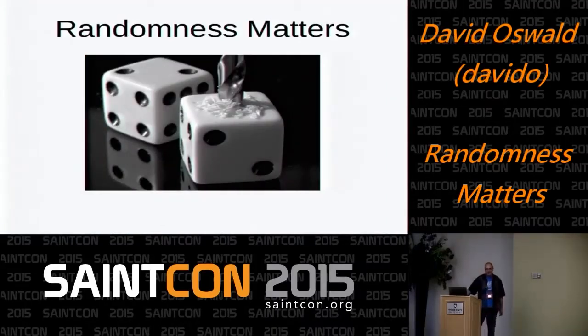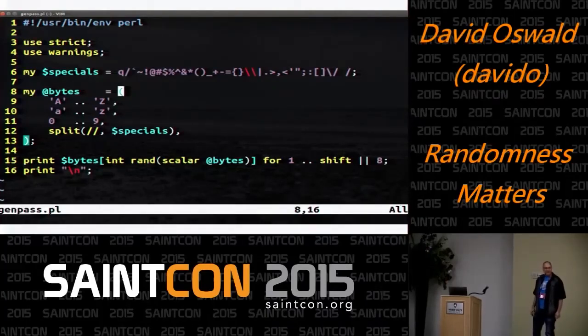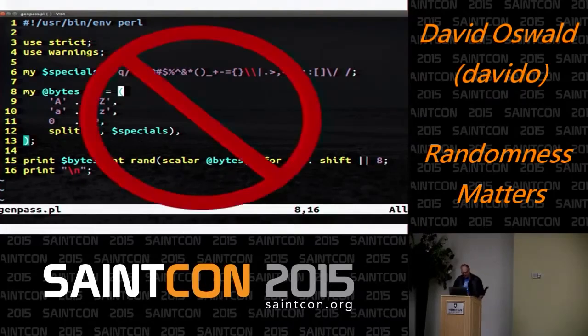You're really here to talk about randomness. So I'm going to put up a slide. Somebody raise their hand if they see something wrong with this. This is GenPass, a password generator. See anything wrong? It's the second to last line. We're using rand. Anything wrong with using rand to generate temporary passwords or passwords? Rand isn't very random, unfortunately. It's a bad idea, okay?